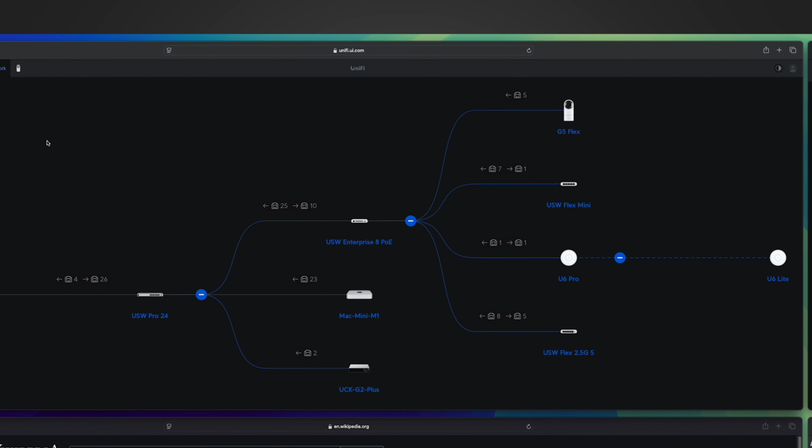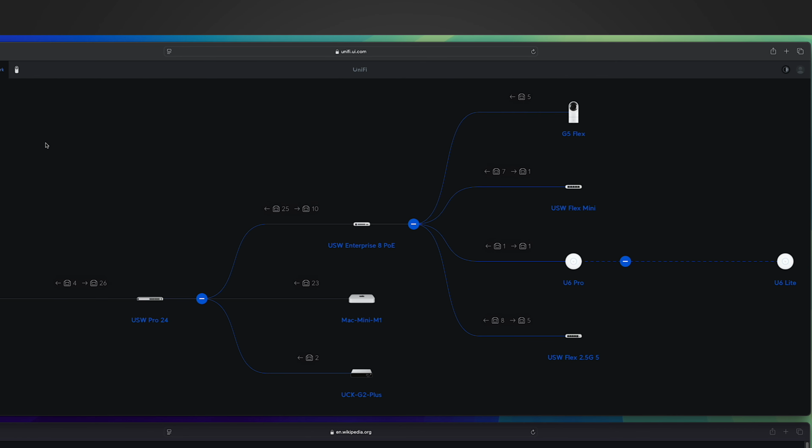UniFi network controller can show you the complete network topology. Yes, sometimes it doesn't reflect the updated information. Sometimes it's buggy, but to be fair, at least for me, most of the time it works. So when it works, it's a very helpful tool for you to quickly understand how a given device is connected